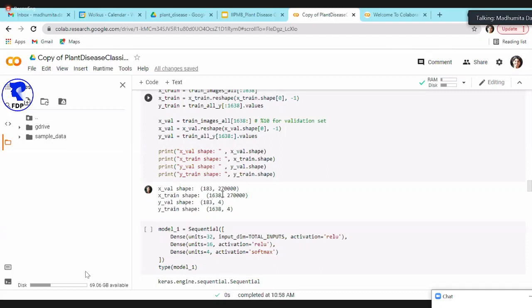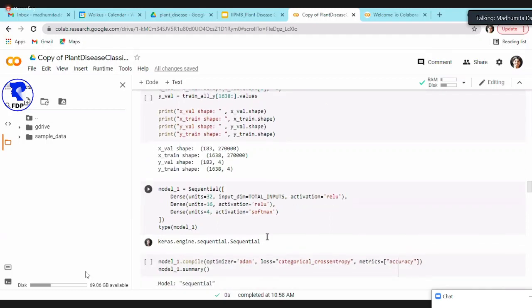So we have 1638 images for training, and we will use 183 images for validation. And we have 270,000 features, because it's a 300 into 300 into 3 array. So there are a lot of images. Now we can start building our neural network.